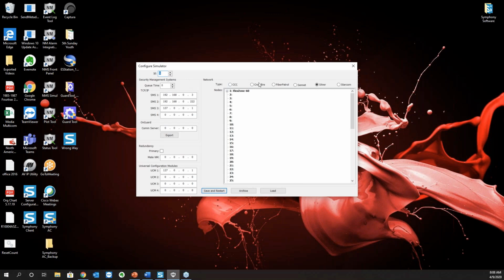So the network that we're working with today is a silver network. And we've selected that. And so all of the nodes that we add to the silver network are going to be silver network products. If you had Fiber Patrol, you'll see that here. And the only thing you would connect under Fiber Patrol would be a sensor unit. So again, you have to select the network type that you're working with, our perimeter intrusion products,